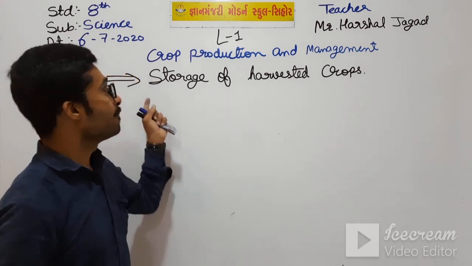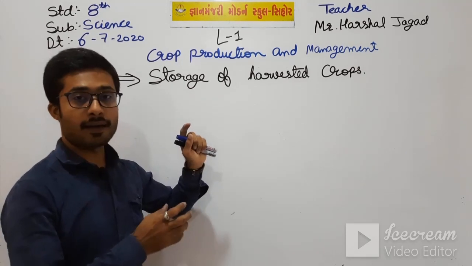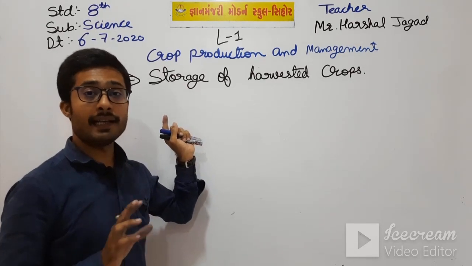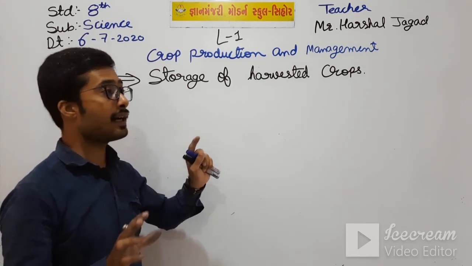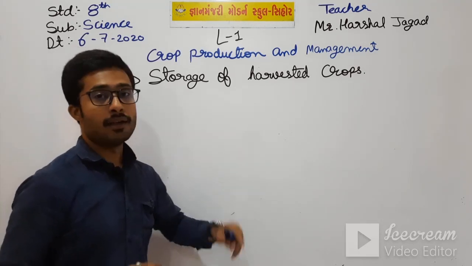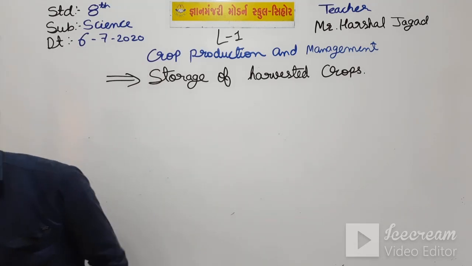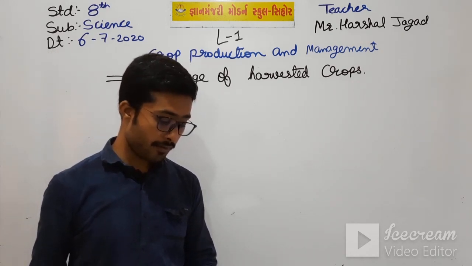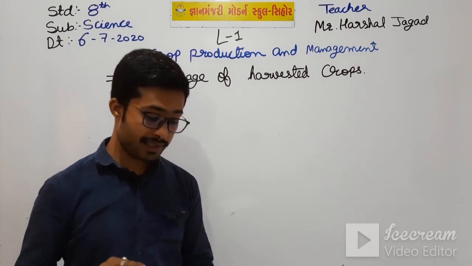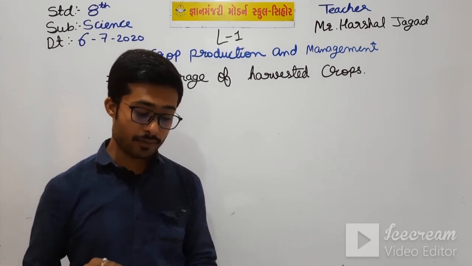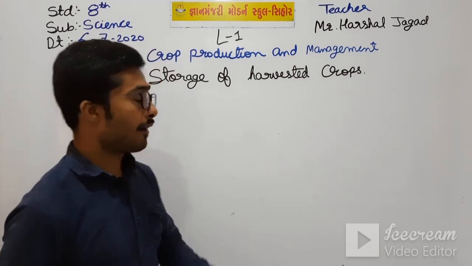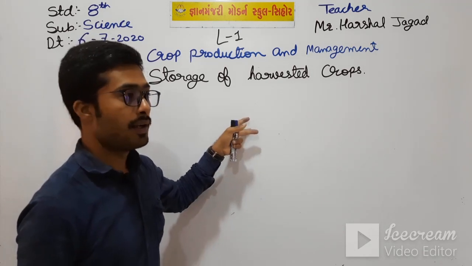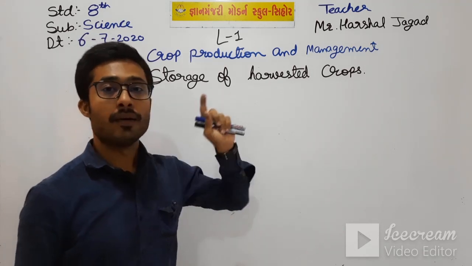The main thing is when the crops are cut and the grains are removed, these grains are to be stored at some dry and less moisture place, so they are not spoiled. Let's see the textbook points. So here in the storage of harvested crops, after winnowing the grains get separated and need to be stored till they are sent to the mandis. Means after the removing of the grains, this is stored up to when it goes to mandis.